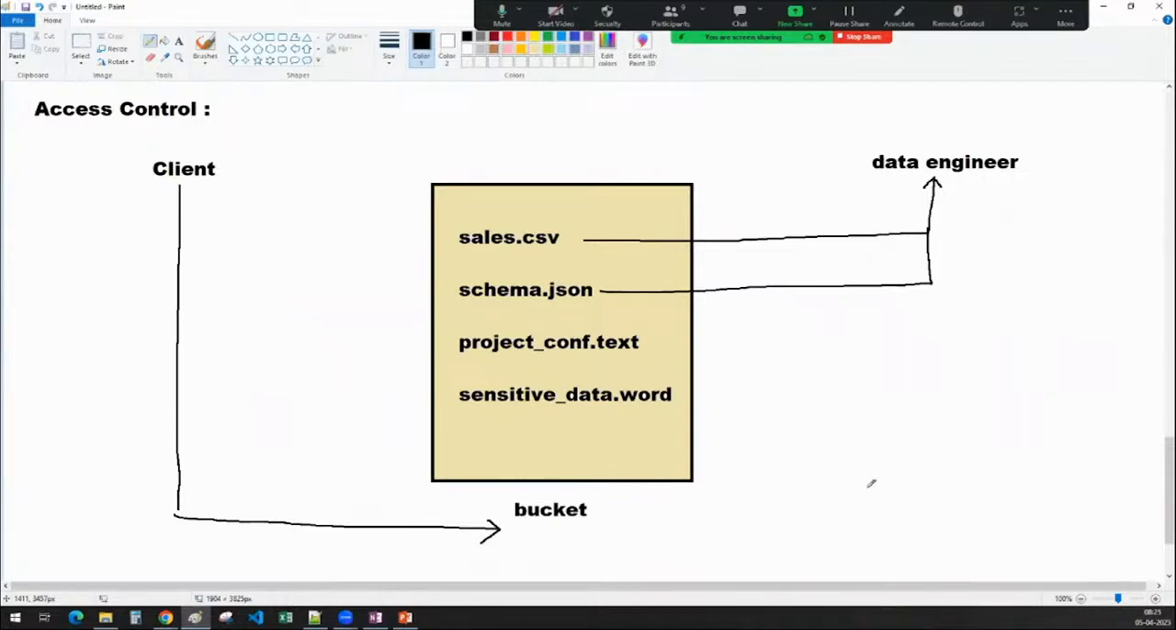I have a bucket. That bucket has plenty of files, but a few of the files have to be given access to a few people. But some people need entire access to all the files inside a bucket. So how do we achieve it? That is where the concept of access control comes into the picture. There are two concepts here, sir. One is